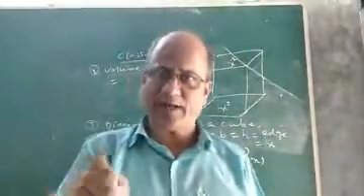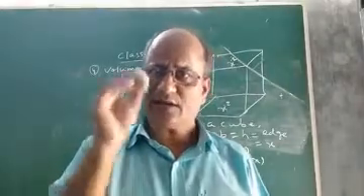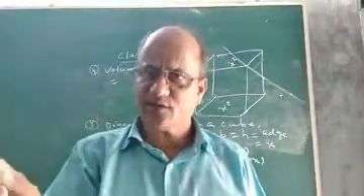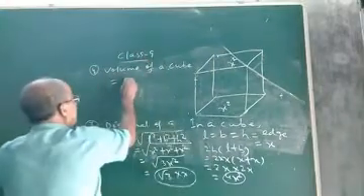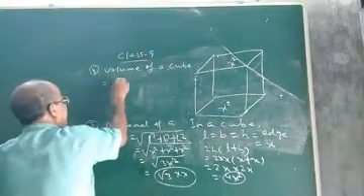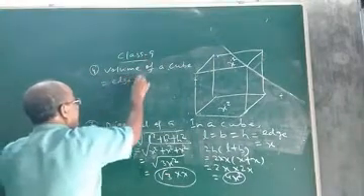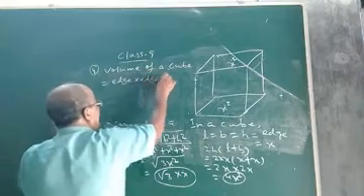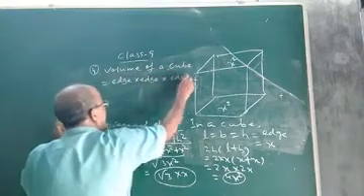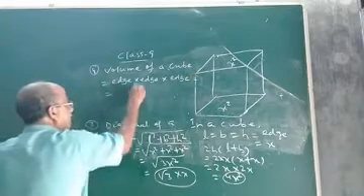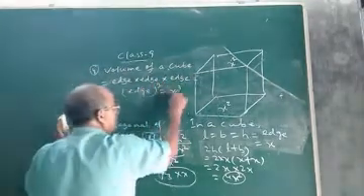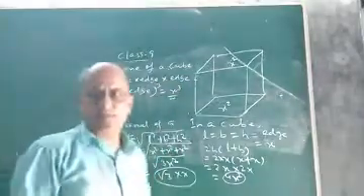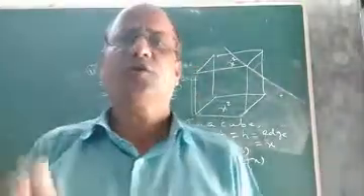In place of B, you write edge. In place of H, you write edge. That means edge into edge into edge, which is equal to edge cube or x cube. So, the volume of a cube will be equal to edge into edge into edge. Okay, so it is the cube of the edge, or you can say x cube. Okay, so children, this is the concept of your surface area and volume.